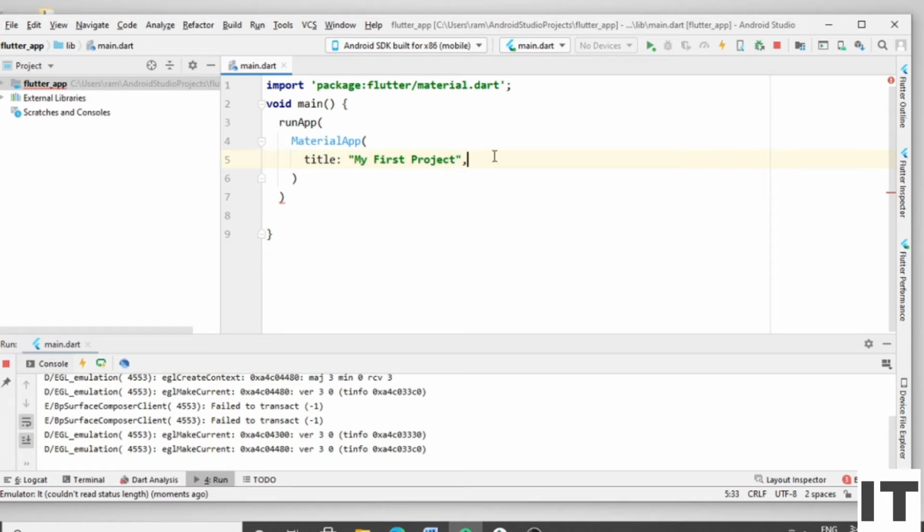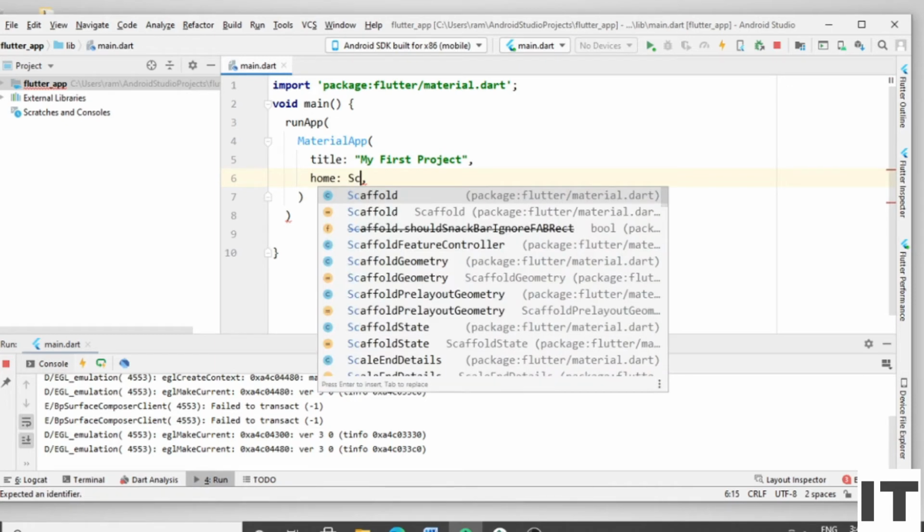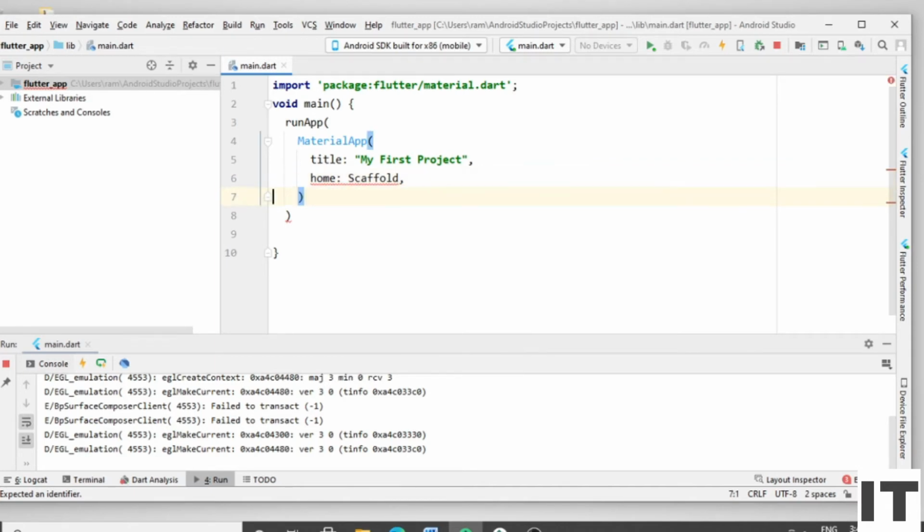In the fifth line, type the home. In the home widget, type the Scaffold widget. Remove the comma and press the round bracket.